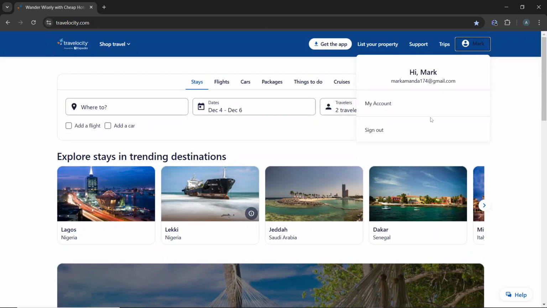So the next thing you select is sign out. Once you select sign out, okay, so if you're new to the website, before we take this process,